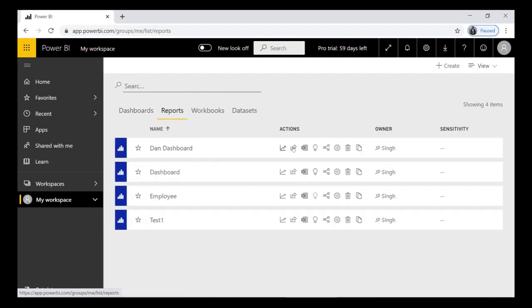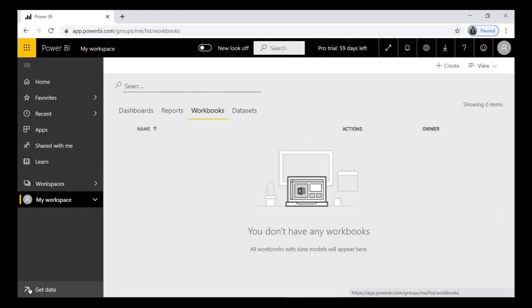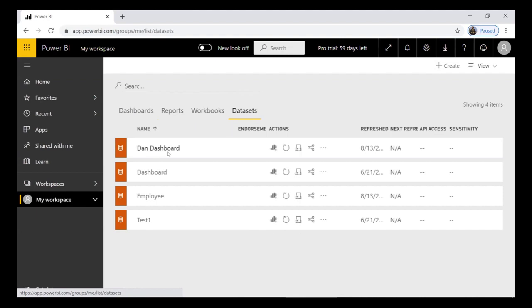So these are all the settings of the report. These are the workbooks that you imported from Get Data, and it is not there. These are the datasets, so we have a Dan dataset. When I go to the settings,